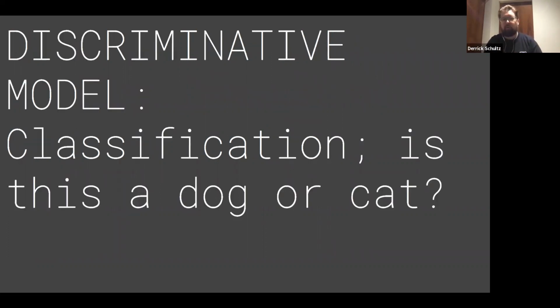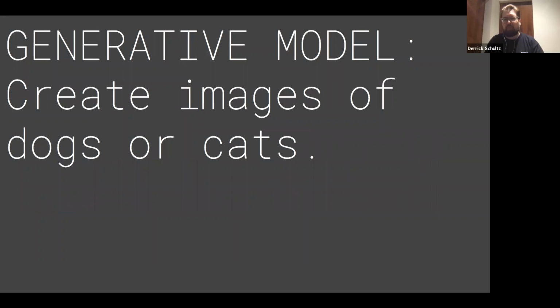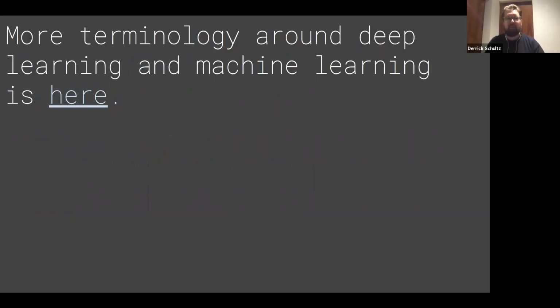It's also important to start to learn that terminology, right? Because a lot of people are working in discriminative modeling, because this is what Facebook tries to do, right? Is there porn in this image? Is there not porn in this image? Is this a hate speech type of post? Is it not hate speech? This is what a lot of machine learning is focused on right now because it's helping to reduce workload on humans. Whereas what we're doing is generative modeling. It's much weirder. It's much more experimental, and there's a lot less solid business use cases for it, which is why we're going to have fun with it.